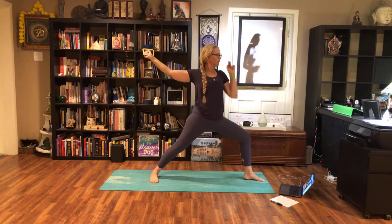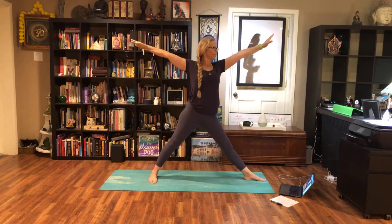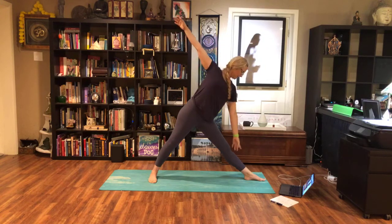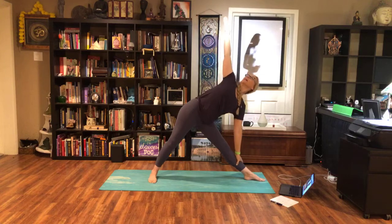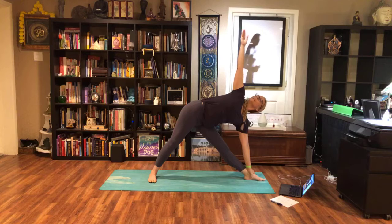Now when we come into that warrior two, we're going to start to straighten this front leg. Arms are straight. We're going to lengthen forward and then tip. So that left hand comes down, right hand comes up. Hips forward, shoulders back. 1, 2, breathing, nice long spine. 3, 4,